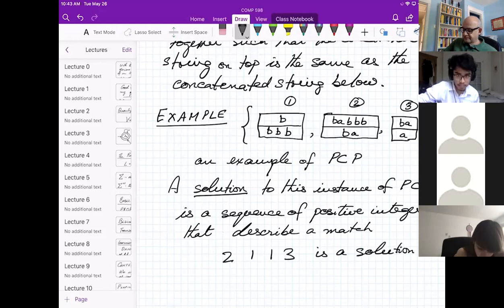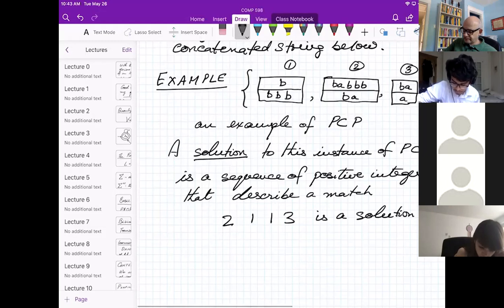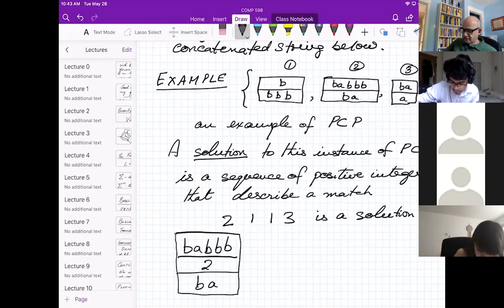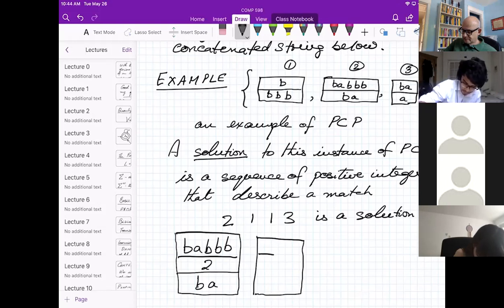And why is that? Well, if I take domino number 2, I've got B, A, B, B, B on top and B, A on the bottom. I'll write the 2 in the middle to remind you this is a domino of type 2. Then it says take 2 copies of 1. So 1 just has a B on top and BBB on the bottom.